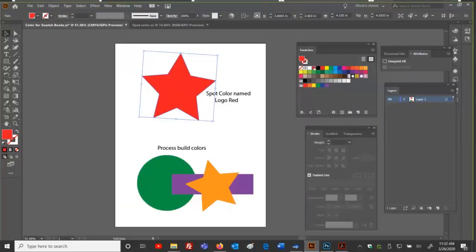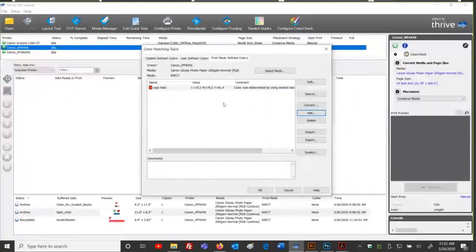That spot color is called logo red. When it comes into my RIP, the RIP software compares it. First, it looks to the print mode define colors and asks, are there any spot colors describing the same name that's in the file? Yes, logo red, it uses this recipe, and it drops or ignores the Illustrator color makeup.